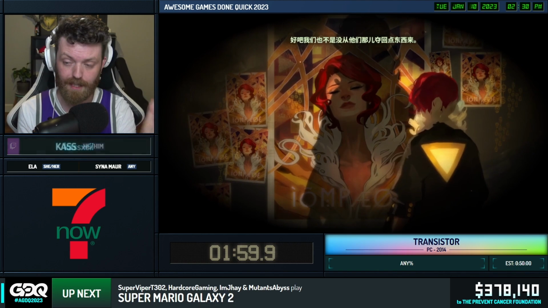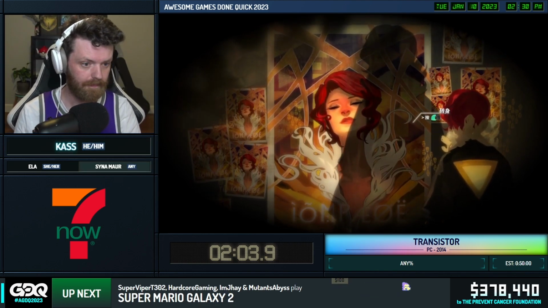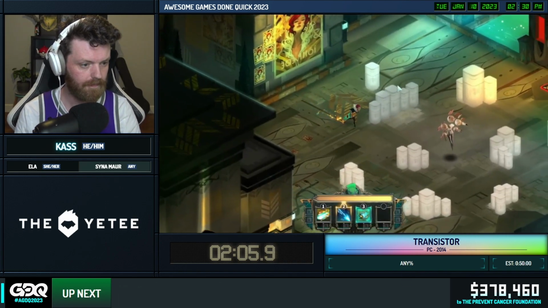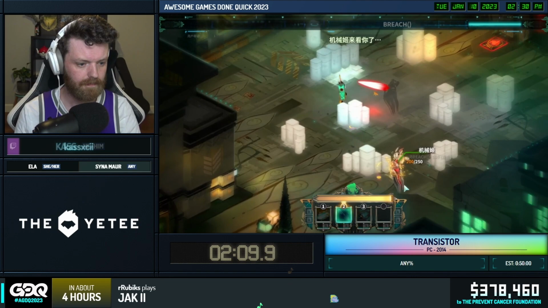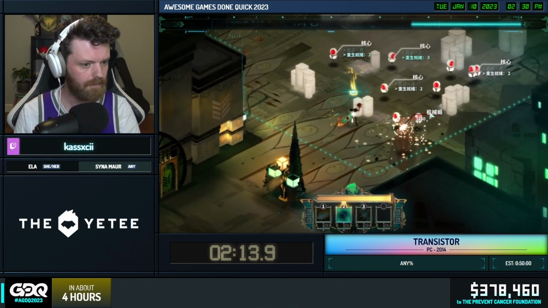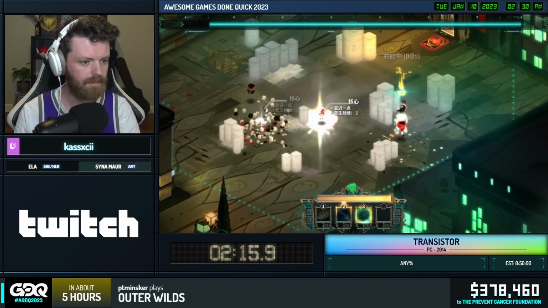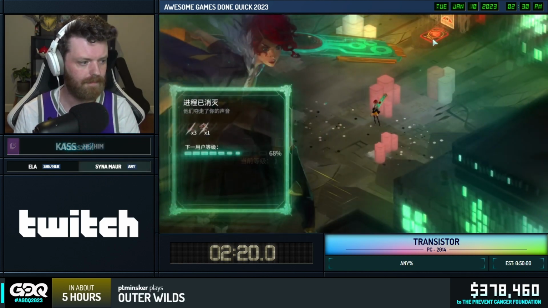But this is the first part of RNG in the run. So Syna, do you want to take this? Yeah, so this is the only part of RNG in the run if the run is done optimally. So we're going to boop this young lady, and she's going to teleport away from us. Ideally, we want her to teleport to the north, so this is a pretty bad area. But that's fine. Kass can easily recover by...